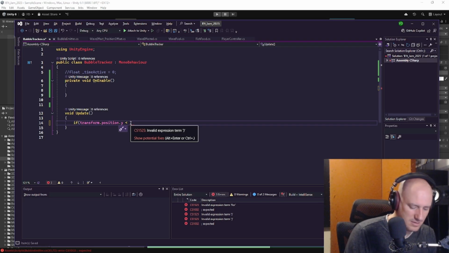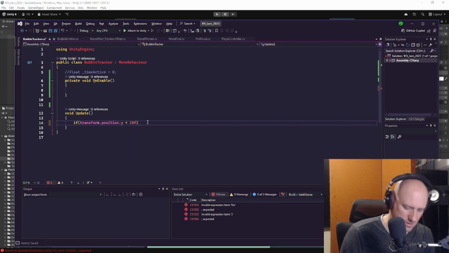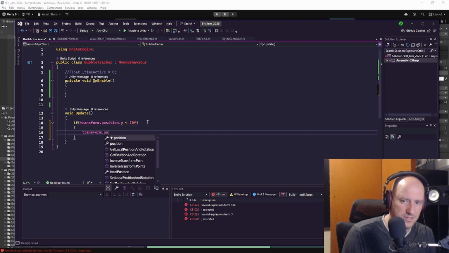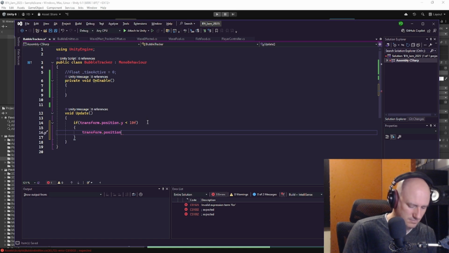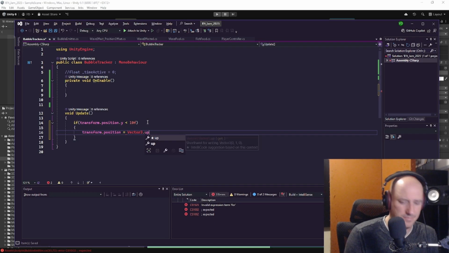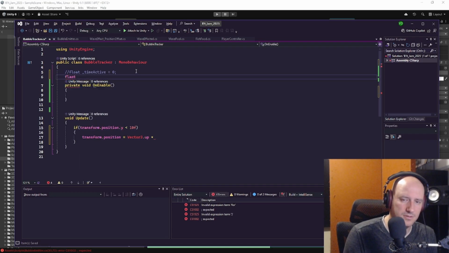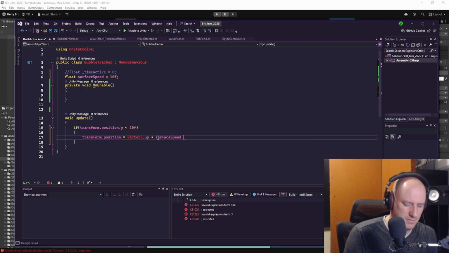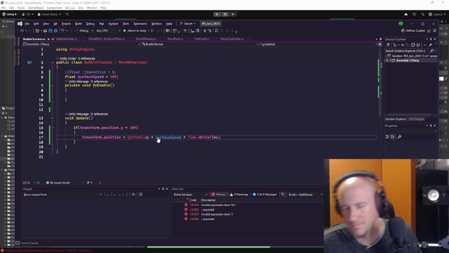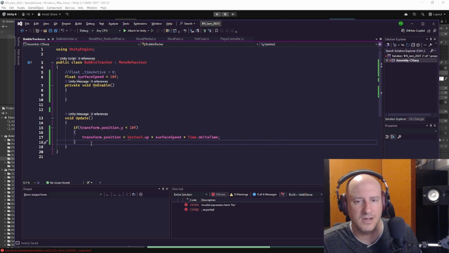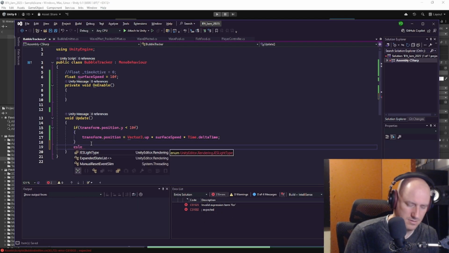If it's less than 10, then transform.position equals Vector3.up times float surfaceSpeed equals 10. I don't know. Surface speed times Time.deltaTime. Just a simple one. Otherwise, else